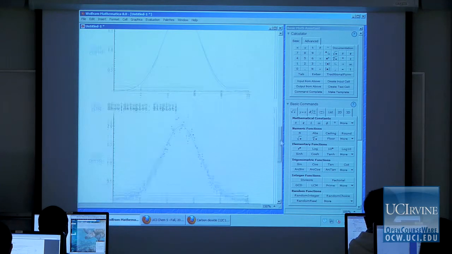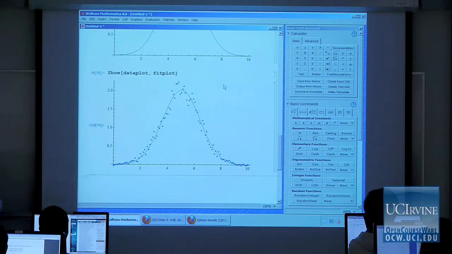Okay, so what do you think? It's a good fit? Looks pretty good. All right, so